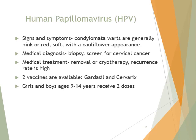It is the most common STI in the United States, with more than 14 million new cases reported every year. Signs and symptoms are warts, and these are condylomata warts, and they're generally pink or red, soft with a cauliflower appearance. Again, there's a picture in your book that you can take a peek at. Medical diagnosis is done through biopsy, and be sure to be screened for cervical cancer, because this is a precursor to cervical cancer. That's why there's a shot that you can get that helps prevent HPV. Medical treatment is removal of these warts or cryotherapy, freezing of the warts, but the recurrence rate is very high. There are 2 vaccines that are available, Gardasil and